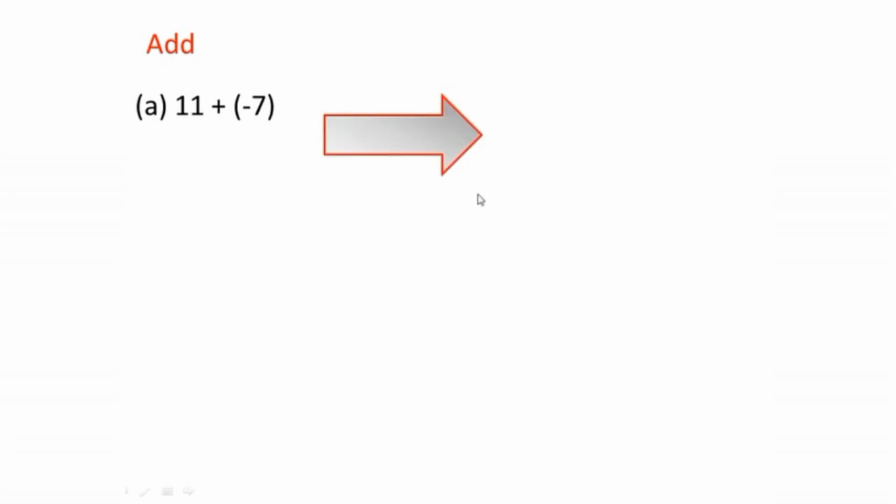I can easily represent it, as in lower classes we studied, like this: 11 minus 7. Here it is plus 11 and this is minus 7. So we need to do subtraction, because one is a positive value and another one is a negative value. What operation has to be done here? Subtraction. So 11 minus 7. By default 11 has a positive symbol, but usually we don't write it. Here I have given plus 11 and minus 7, and the value is 4.